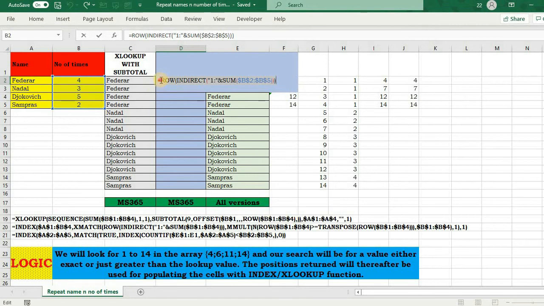So I'm going to search this 1 to 14. I'm using the XMATCH function. I'm using 1 to 14. I'm looking for 1 to 14 in the lookup array 4, 7, 12, 14. You can use the SUBTOTAL function here also, but I just showed you the MMULT function, so we will work with that.